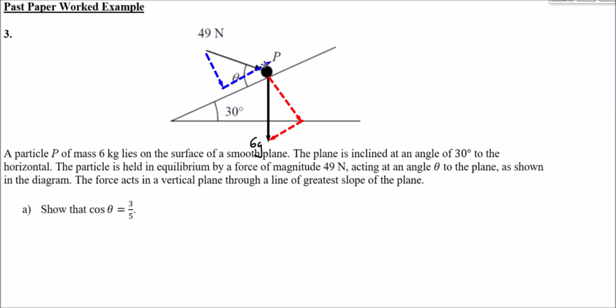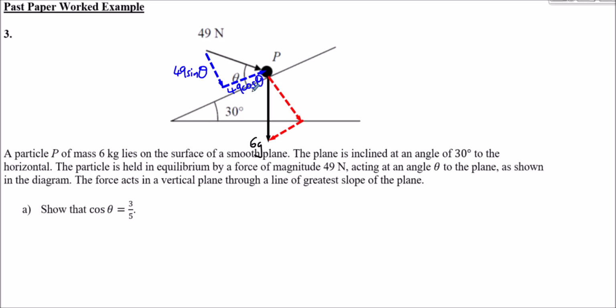You'll have this sort of effect. So this angle here is theta, and we know the magnitude of this force is 49. So the component acting downwards perpendicular into the slope will be 49 multiplied by sine theta. So I'll change the colour of that so it's in the same nice blue. And the component going along the slope and up the slope will be 49 times cosine